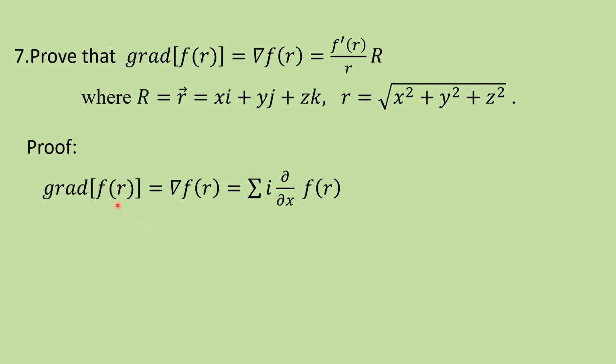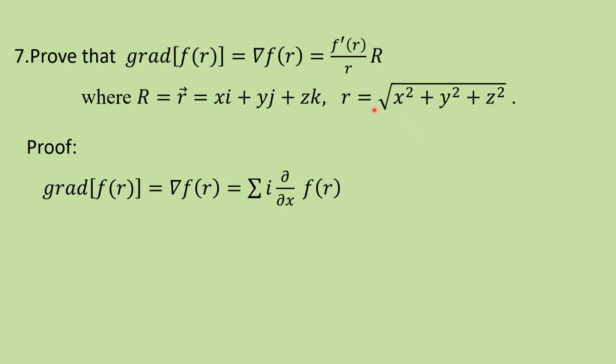So now come to the proof of this result. Now grad of f of r is nothing but del of f of r, that is i dou f by dou x plus j dou f by dou y plus k dou f by dou z. So we need to differentiate partially with respect to x, with respect to y, as well as with respect to z. But I can use summation notation, and I can restrict myself to one of the partial derivatives. Why? Because the function is symmetric. We know that whenever a function is symmetric, I can just take the first order partial derivative dou f by dou x, then later I can just change x to y, y to z in a cyclic manner.